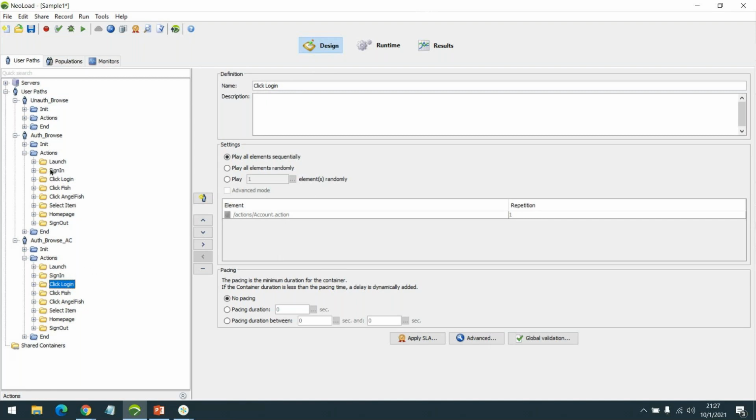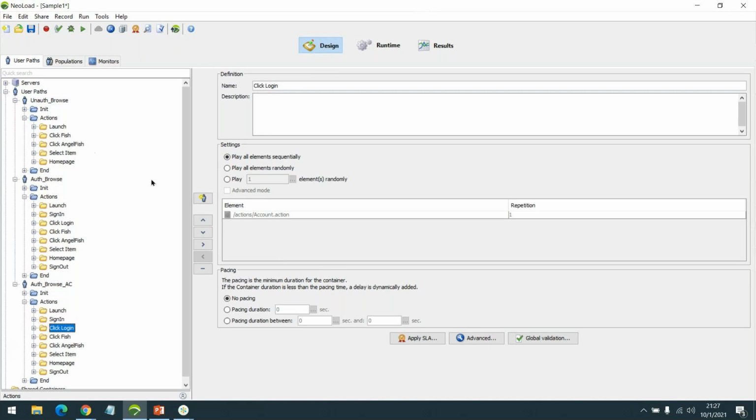Okay, so first, let's try to understand how this correlation happens. As I said, the fundamental difference between two types of transaction is either it is authenticated or unauthenticated.